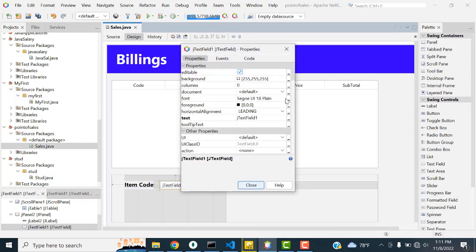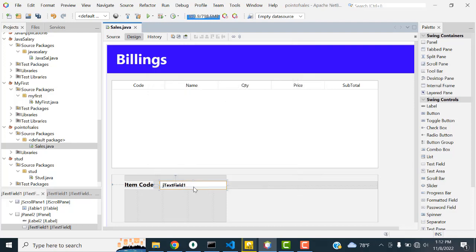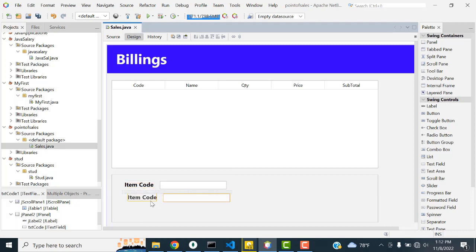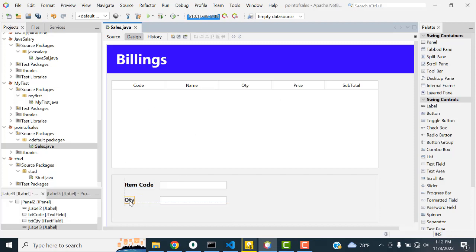This one, bold. Edit here, change variable to txtCode, right? Select both, Control C to copy, Control V to paste below. This one should be quantity, and this one should be txtQuantity. Select both, Control C to copy, Control V. This one should be